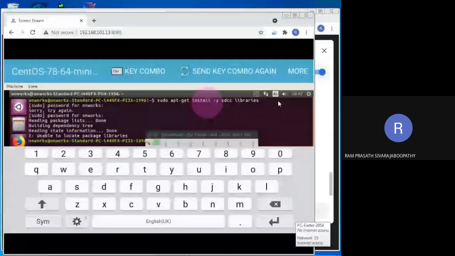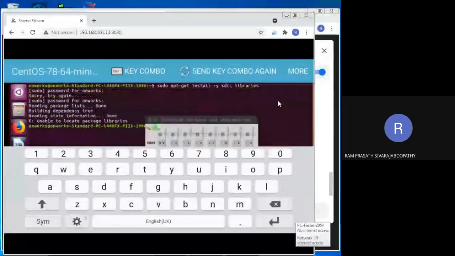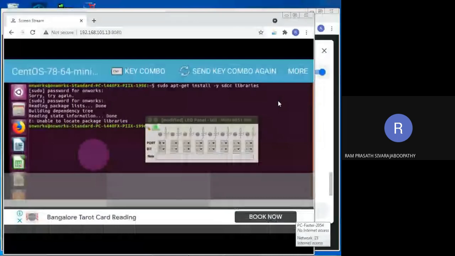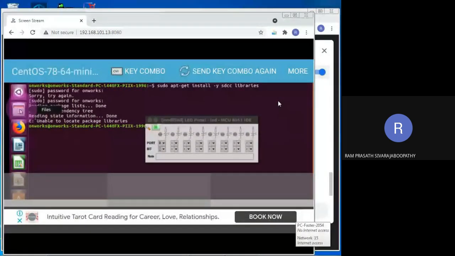Yes, I think it's not installed. Wait a moment. We will check it. In which folder we have to see, I will tell you. So click on this files. Wait a moment. It will get open.